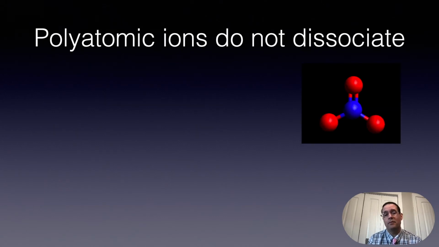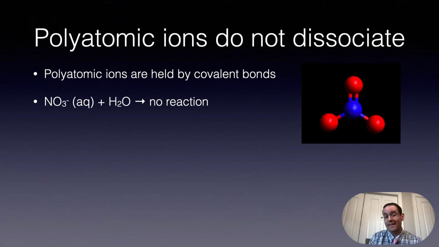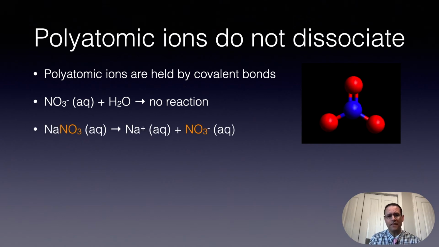Now I want to talk about polyatomic ions. Here's a structure, nitrate. Okay, nitrate is a polyatomic ion that does not dissociate because it's comprised of covalent bonds. Those lines between the red and blue atoms are covalent bonds. So when you add nitrate to water, there's no reaction, okay? It just stays nitrate as an ion floating around. Therefore, when you take sodium nitrate, yes, the sodium ion dissociates from the nitrate ion, but the nitrate ion stays